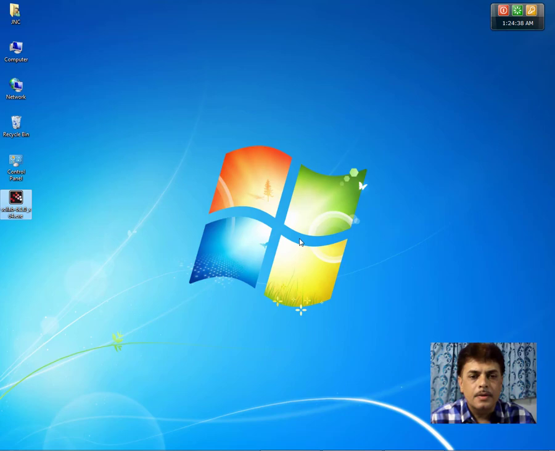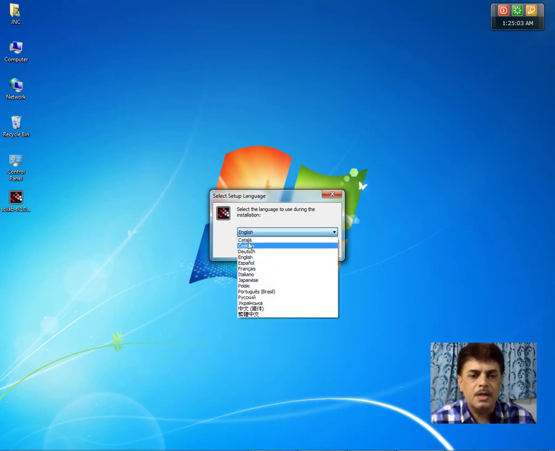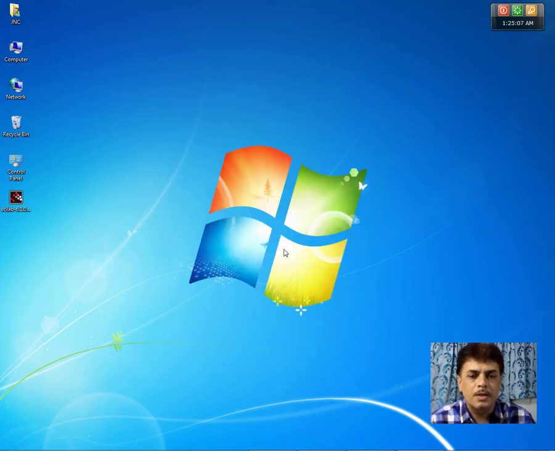Then the setup wizard will open with the dialog box which looks like this. Here the setup is asking us for the language. Let us keep it English as it is. Otherwise there are other options also available, but let us keep it English.